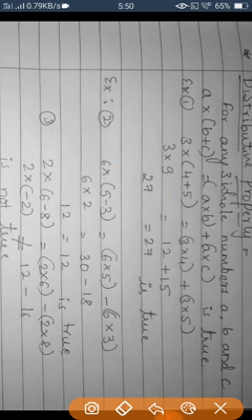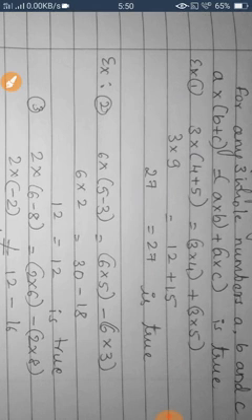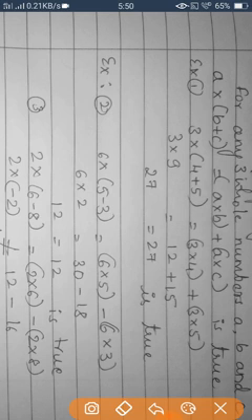But what about subtraction? Here I have taken subtraction as an example. See why I have taken subtraction. On subtraction sometimes it is true, but it is not always true. How is it? See, 6 into (5 minus 3). 6 as it is, 5 minus 3 is 2, so it is 12. Then 6 into 5 is 30, 6 into 3 is 18, and 30 minus 18 gives 12. It is equal here, but it is not always so. See the below example.